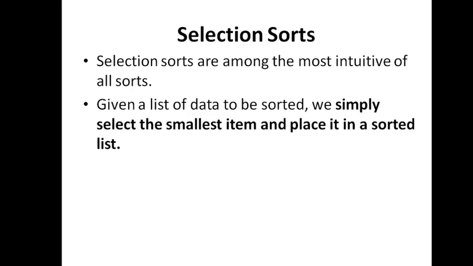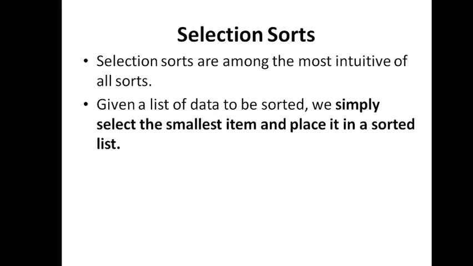So in each iteration or each sort pass, you pick the smallest list element anywhere in the list. You have to check the entire list and identify the smallest element and bring it to the first position, so that at the end of the first iteration we would have sorted the first position properly. So the first smallest element would have reached the first index at the end of the iteration.